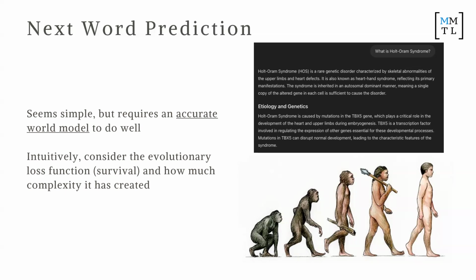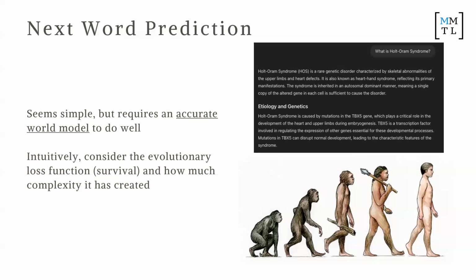Oh, no? Okay. So for example, if I ask ChatGPT about some obscure syndrome here, so Holt-Oram syndrome, note that in med school, it takes like 5 years of training for you to understand something like this and understand different aspects of it, right? Which means that AI, when it is able to explain it, has a very rich world model about different aspects of medicine before it can answer something like this. Does that make sense? So it has to have a really rich world model inside to be able to understand all the different components that it's explaining back to you.